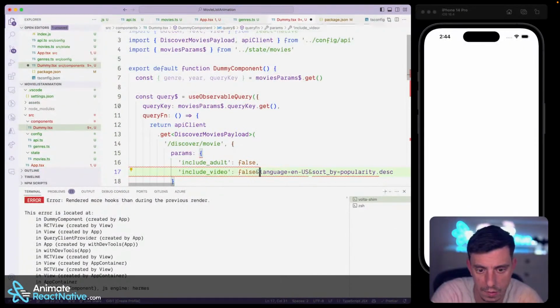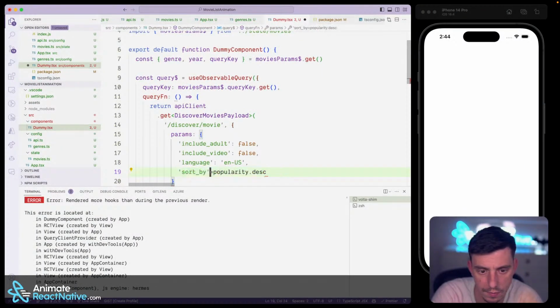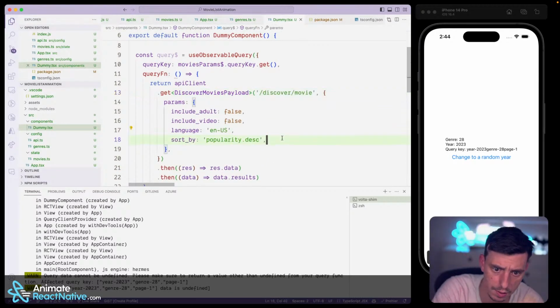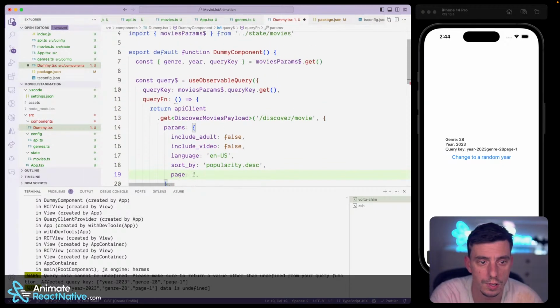Include false, language, it's EN US, sort, right? So now we have those params, but in addition, I would like to set the page, which is